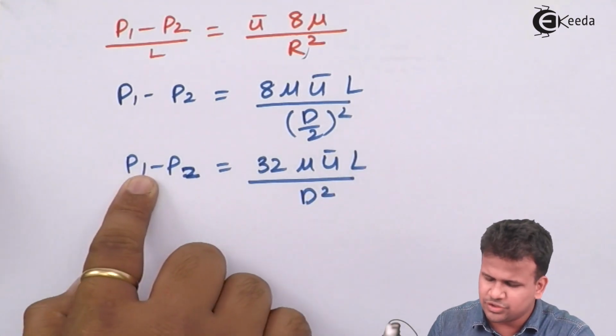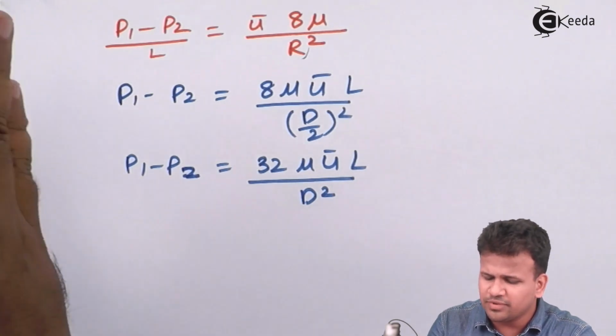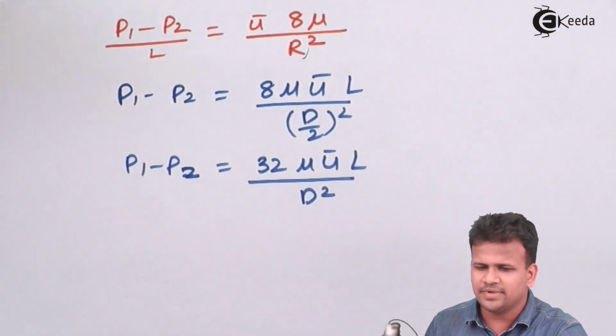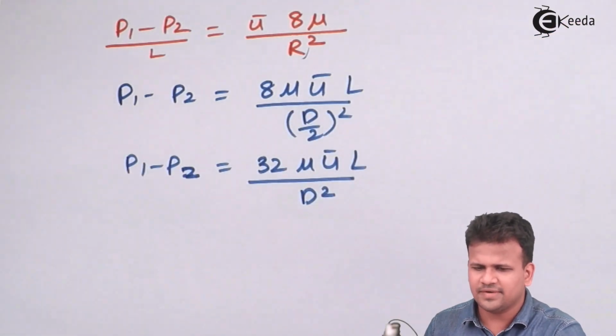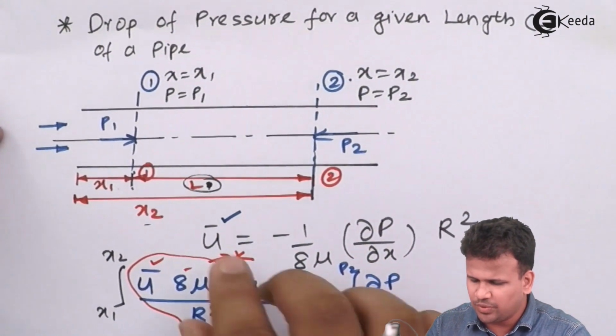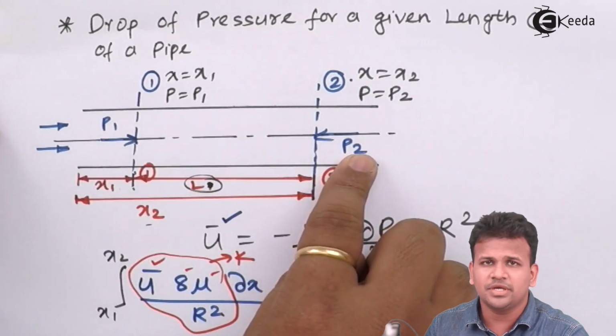The initial pressure should always be greater than the final pressure, only then will the fluid flow from the left hand side to the right hand side. Rather, as we have seen in the previous part, it will flow from section 1 to section 2 if pressure P1 is greater than P2.